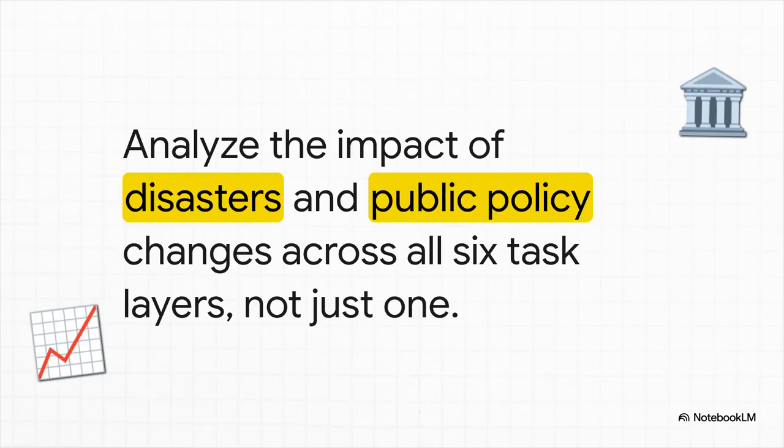When we analyze something like a natural disaster or a new public policy, what do we usually do? We count the cost, we count the casualties, that's all in that first layer. But with this lens, we can start asking way deeper questions. How were family bonds affected? That's layer 2. What was the impact on cultural traditions and shared beliefs? That's layer 3. All of a sudden, you get a complete 6-layer view of the real impact.